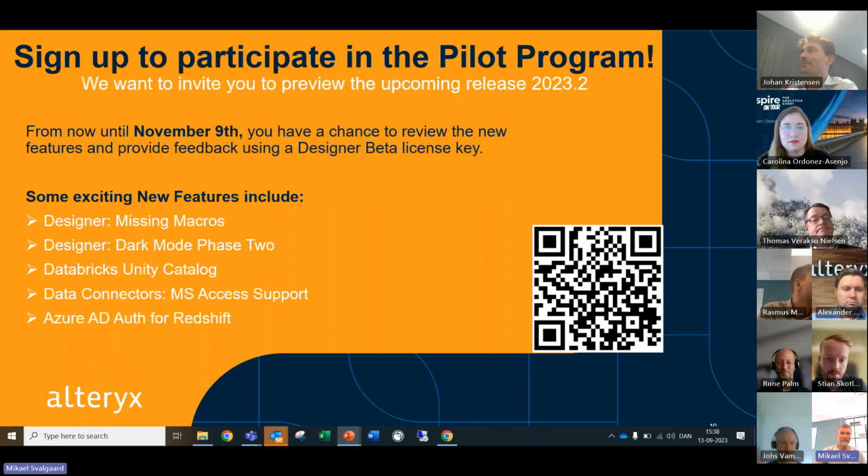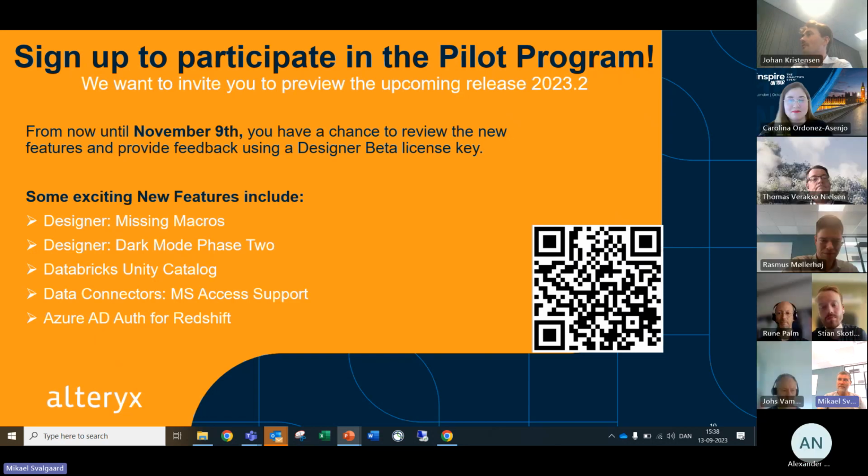And obviously, every time we sign up for anything, we have the ability to put our print on what we want to see in terms of Alteryx and bugs, etc. I think I'm going to go home and check the Databricks thing because I have a lot of customers asking for that. Exactly. I'm really excited about that. Databricks is also one of the things that really caught my attention.